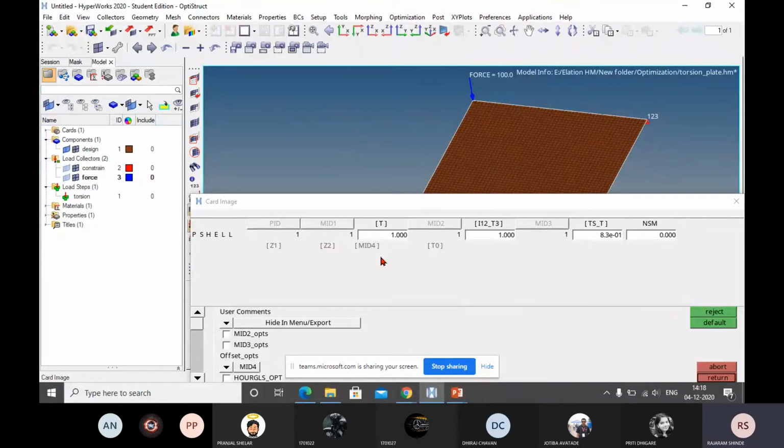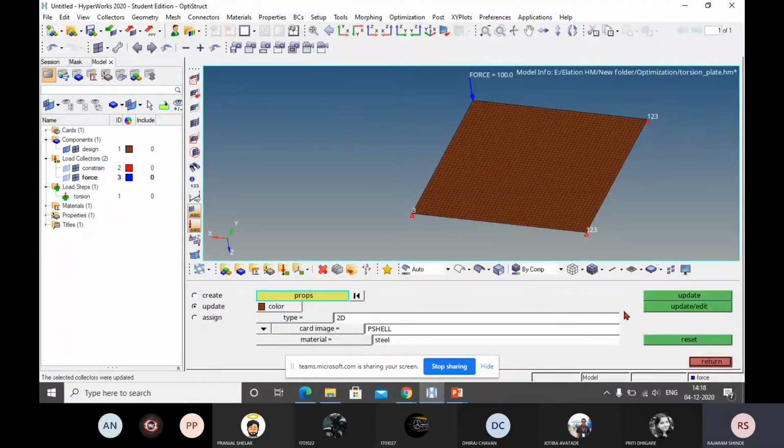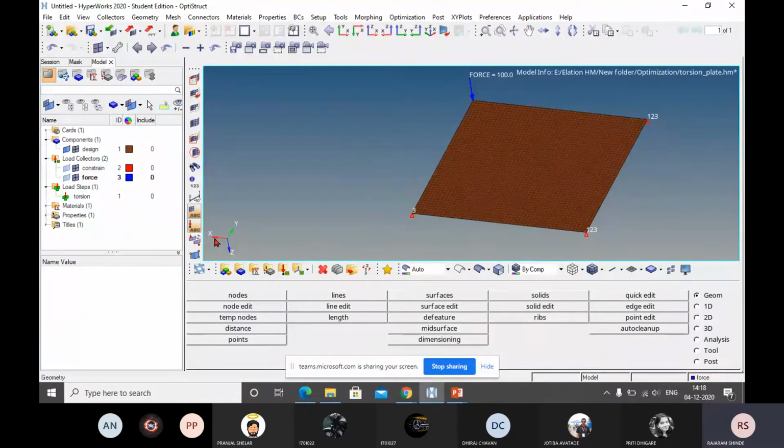As thickness is 1 millimeter, it will deflect at very small load also. Because these dimensions are bigger, it will deflect at very low load. Now you check the load step. Load step is also defined.